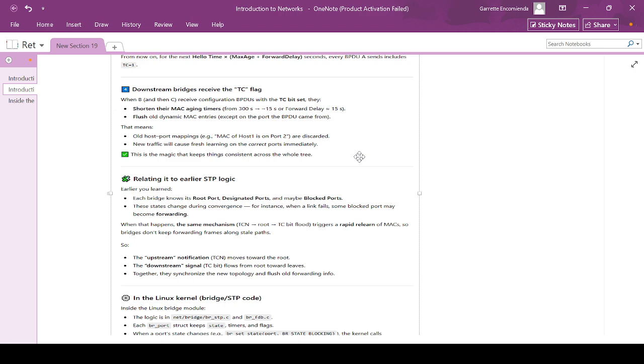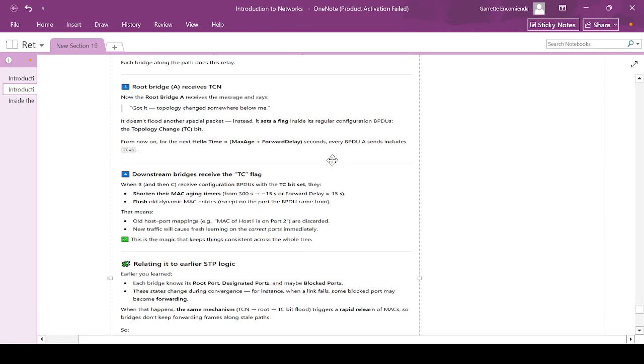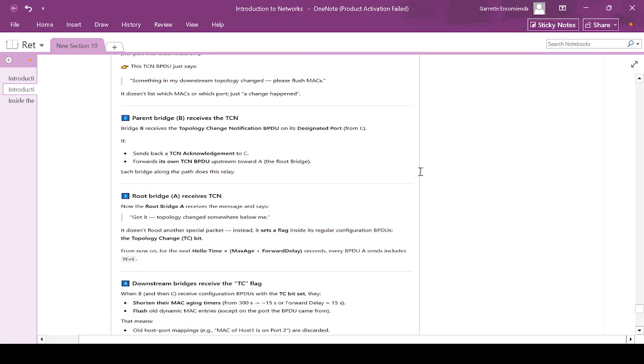So those entries in their MAC table, such as host 1 on port 2 connected to C, are discarded. Now new traffic will cause refresh learning on the correct ports immediately. That's why, even if host 1 connected to C failed, after some time and after some BPDU configuration,